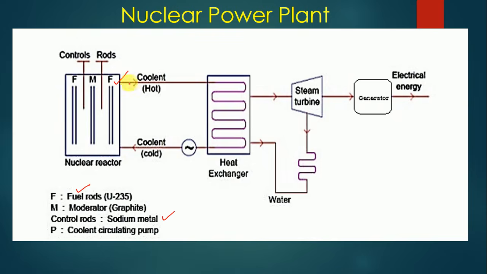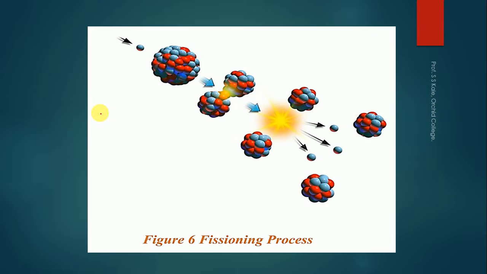Because of that heat generation, the fluid which is available gets heated, and that heated fluid comes into the heat exchanger. That heated fluid loses its heat to water, the water gets converted into steam, and the steam goes to the steam turbine. So because of the reaction occurring in a nuclear reactor, there will be generation of heat. Now we have to check what reaction occurs in the nuclear reactor.